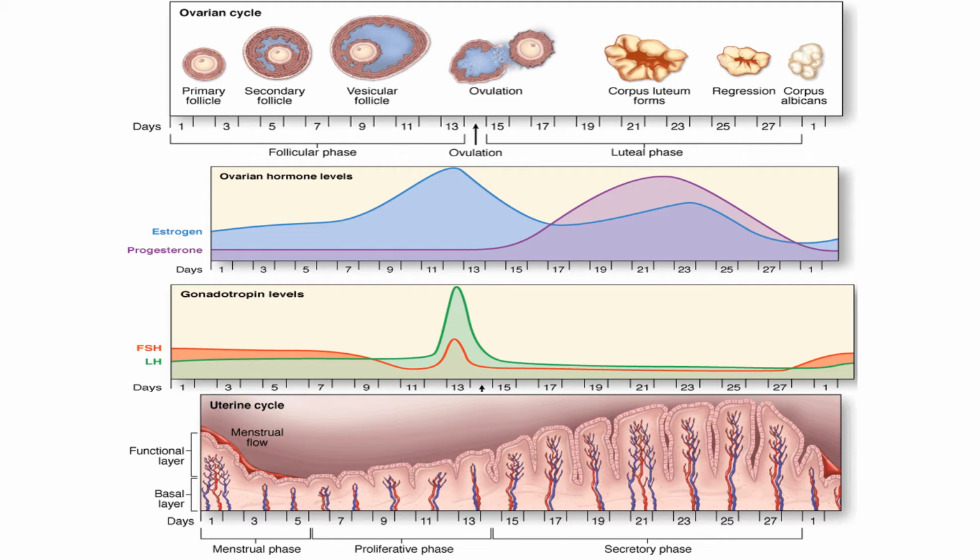Then after that, if there is no fertilization and no implantation, and there is no HCG secretion, the corpus luteum of menstruation regresses, and there is also a regression of hormonal activity. So the hormonal activity ceases. It also influences the lining of the uterine cavity, which we will discuss.